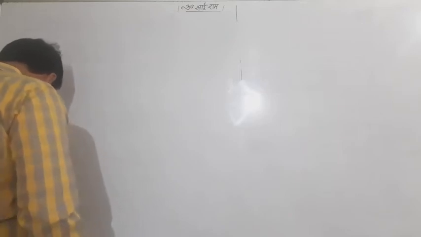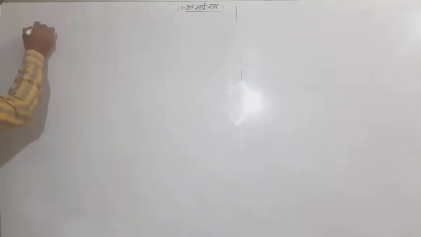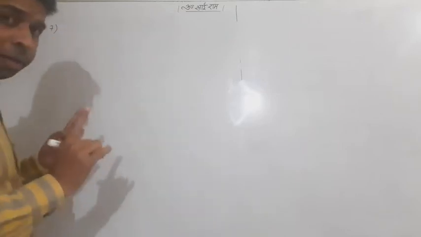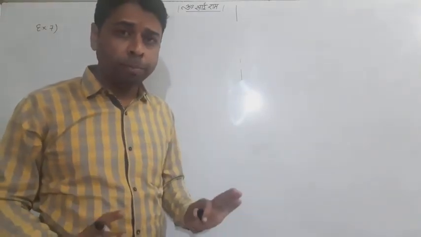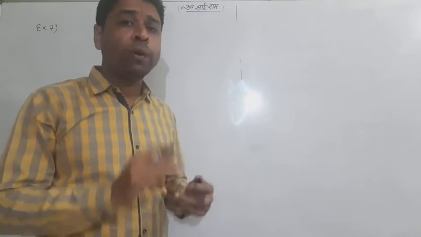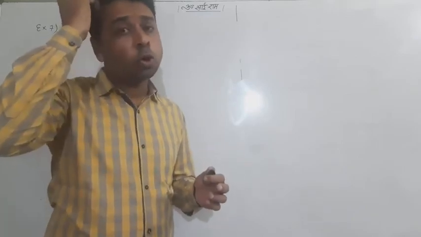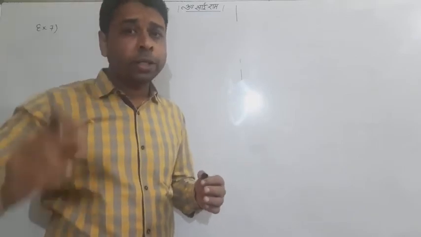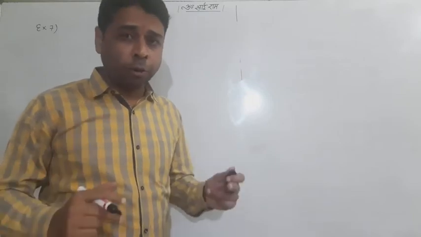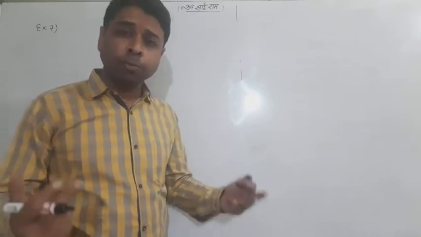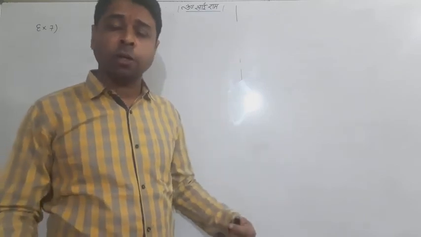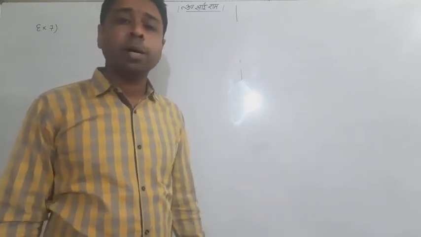Okay. Now we still have some time, so I just want to tell you the next example, number 7. But this time I will make only the inequalities. I won't solve the whole problem, because now you know how to draw the graph of an inequality, how we can find the corner points of the feasible region, and how we can put the corner points in the objective function and get the requirement, either maxima or minima.